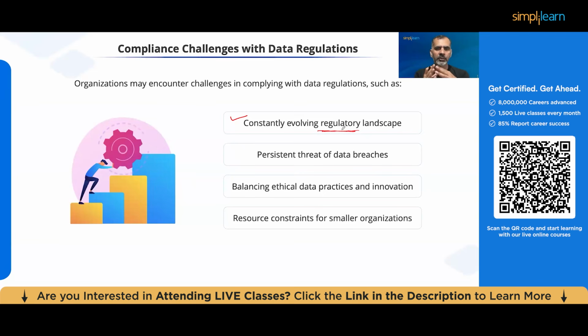So their violation is always there. So you need to harden your rules periodically. That means you have to evolve with the regulatory landscape. When the landscape evolves, you have to change your whole data storage policies. You have to change your data schemas, and this is one of the challenges faced by small organizations. You have to change your complete database schema if there are any regulatory changes in the landscape.